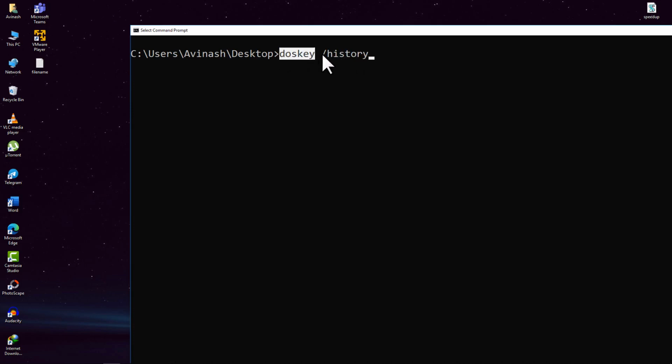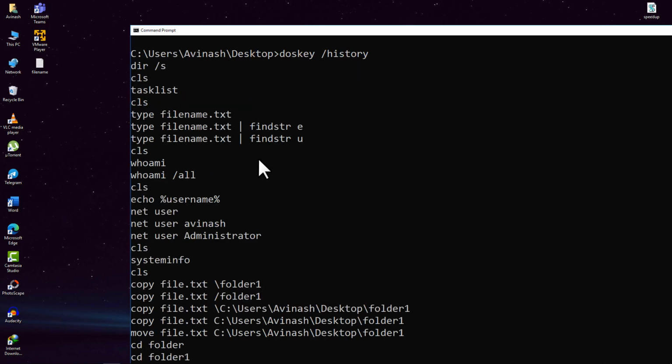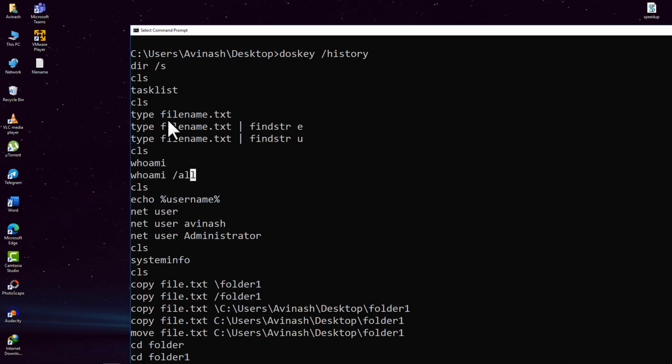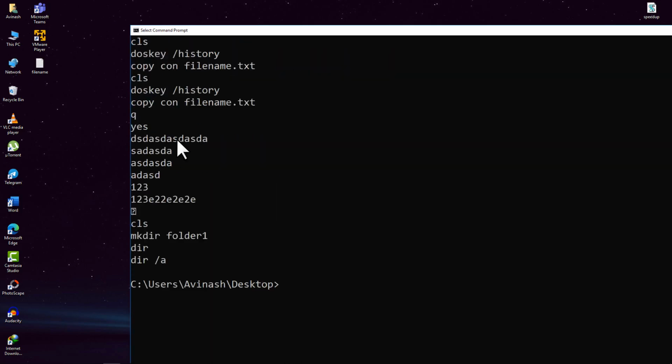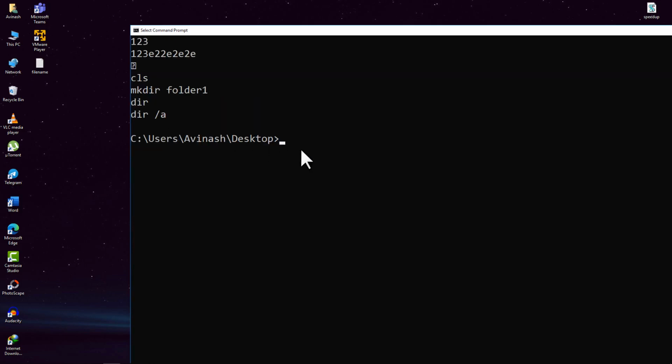doskey is the actual tool, and when you do the switch of /history, you just simply get whatever commands you have typed from a long time. So, you can see all of these things that I did for you right now, and we can see all of that in here. So that is basically what I just wanted to teach you, and I hope all of it is very clear to you,